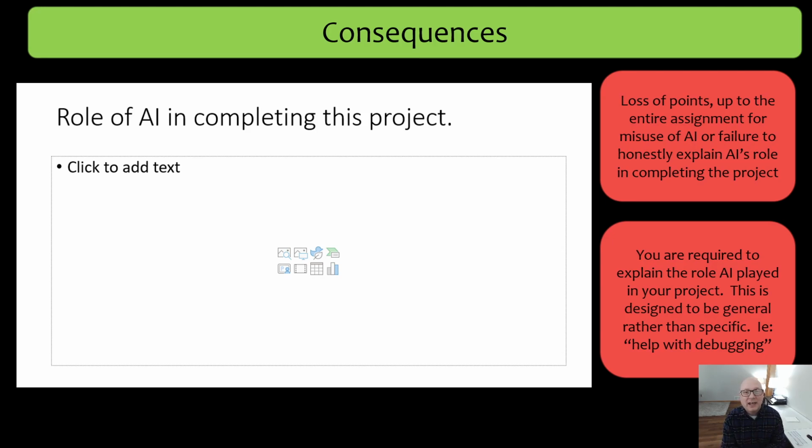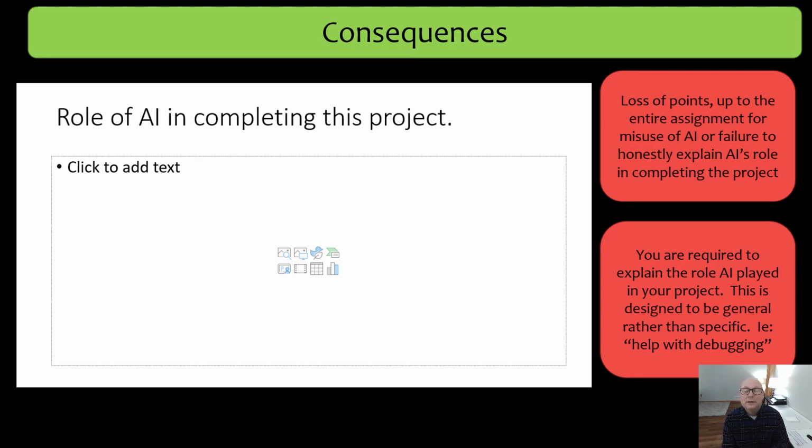Also, on the final slide of the project, the slide deck you turn in with the project, it asks you what the role was of AI in completing this project. You are required to explain the role AI played in this project, but at a summary level. You don't have to indicate every prompt that you wrote. If you want to take a screenshot of like the side with all the prompts, you're welcome to do that, but it's not required. But I'm looking for things in summary, like it helped me with debugging. It helped me brainstorm ideas. It helped explain code. The way you used it, you're welcome to list it. You're required to list it there.